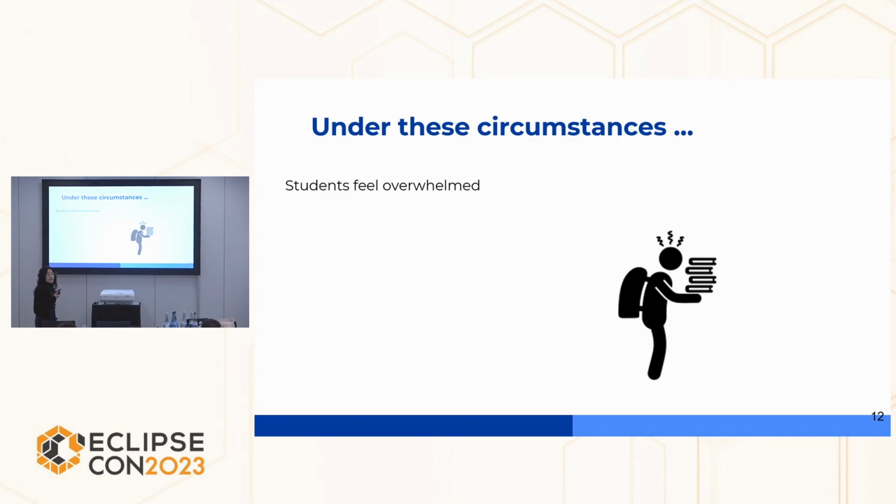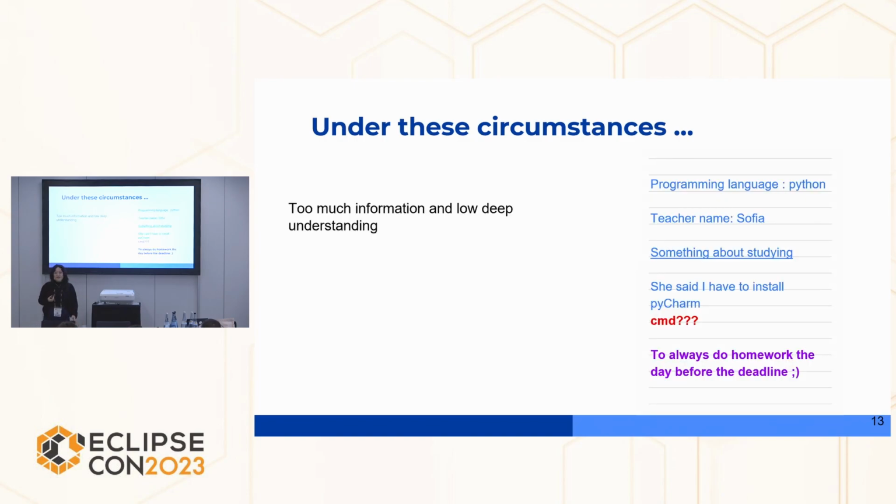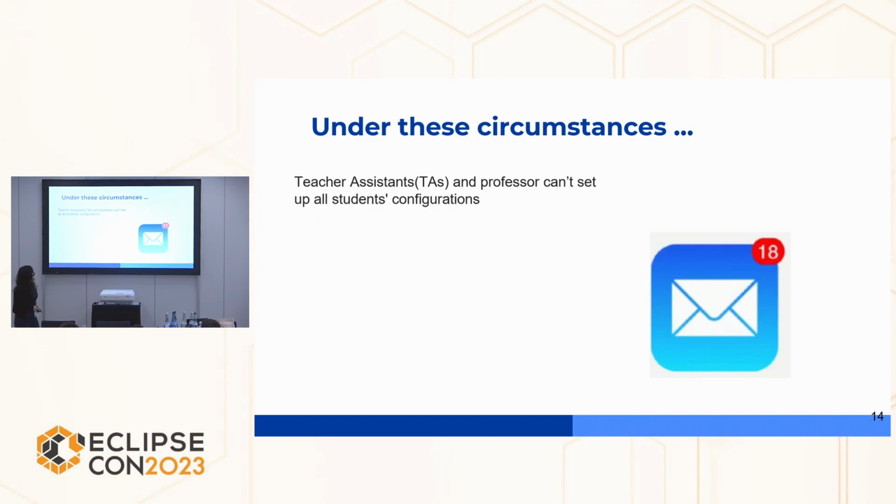So it happens that students feel overwhelmed. There is so much information to work through in the course that they can only grasp a tiny idea of what you have. So they say this is like a note, something I have to study, maybe I should do the homework the day before the deadline. And it's really hard for them to actually get the point. And what usually happens is that in a room that big, it's just one professor, just 5-10 TAs at max. And if you're not careful with giving the proper instructions, your email looks something like that.